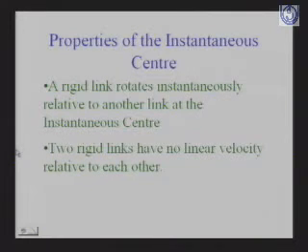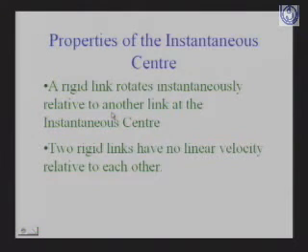Now we will see what the properties of the instantaneous center are. In simple words, there are 2 properties. The first property, which we have studied, is that a rigid link rotates instantaneously relative to another link about the instantaneous center, and the 2 rigid links have no linear velocity relative to each other. So when we calculate the velocity or acceleration with the help of the instantaneous center, we have to keep these 2